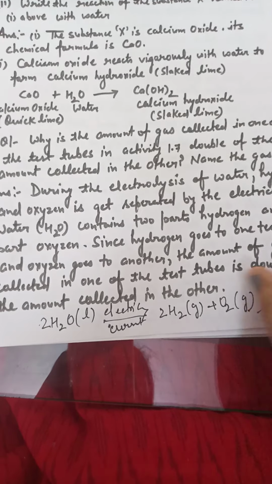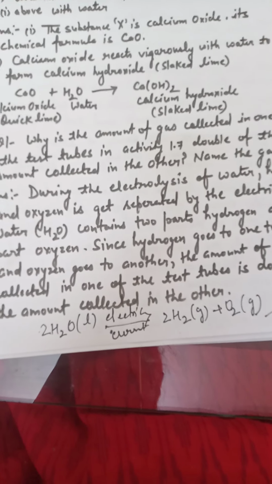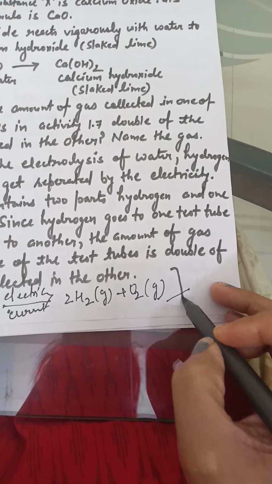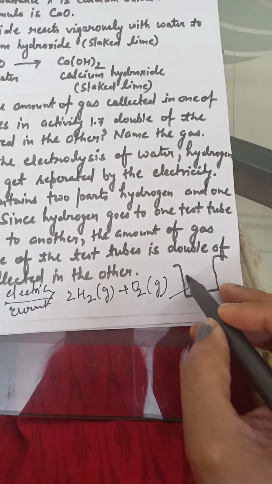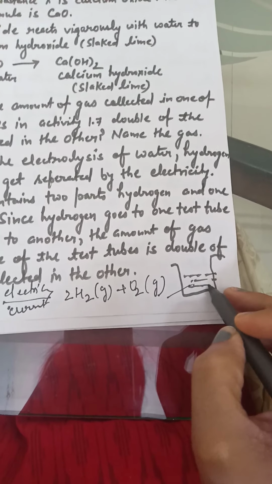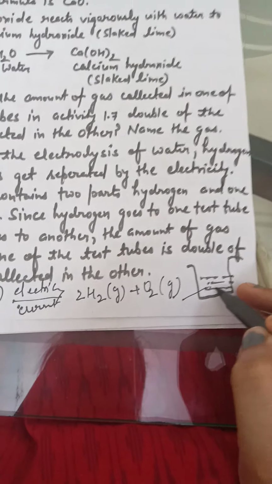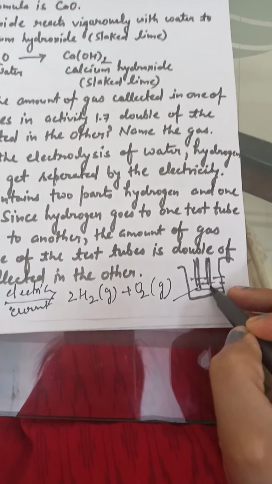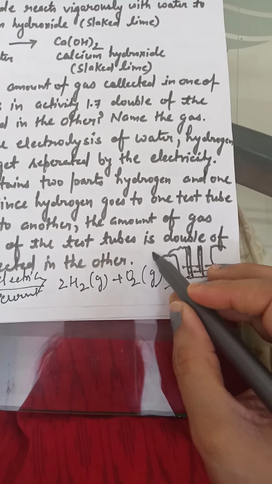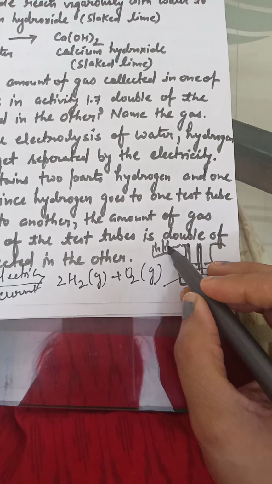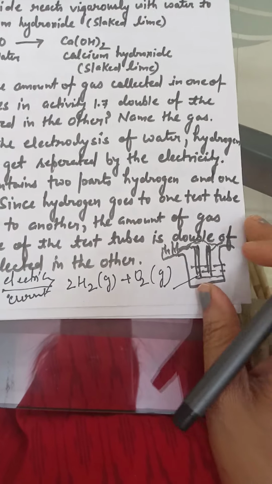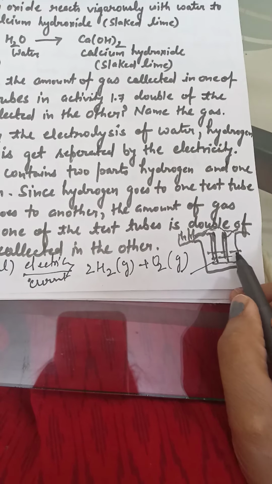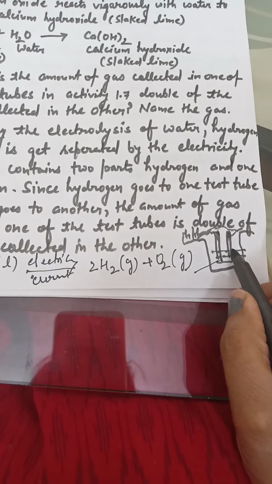In this we always take a container like this. In the container we add an electrolyte. It may be concentrated H2SO4 in water, and here are two electrodes. One is the anode, the other is the cathode. These two electrodes are always connected to a battery, that is, electricity is passed through them. Now at one of the electrodes hydrogen is collected and at the other electrode oxygen is collected.